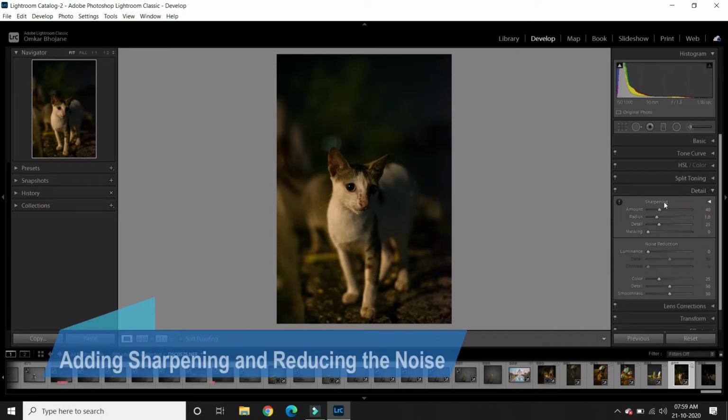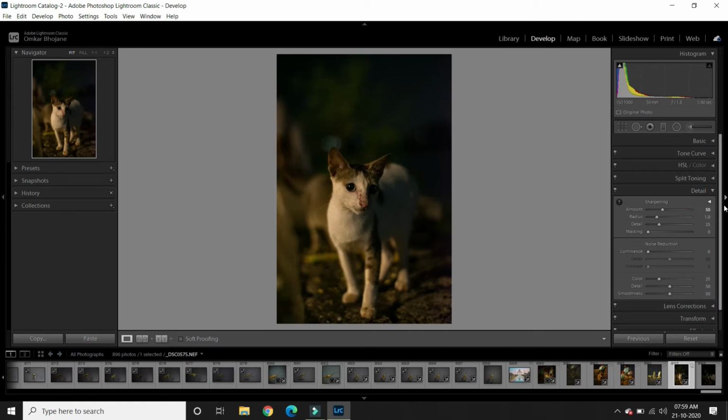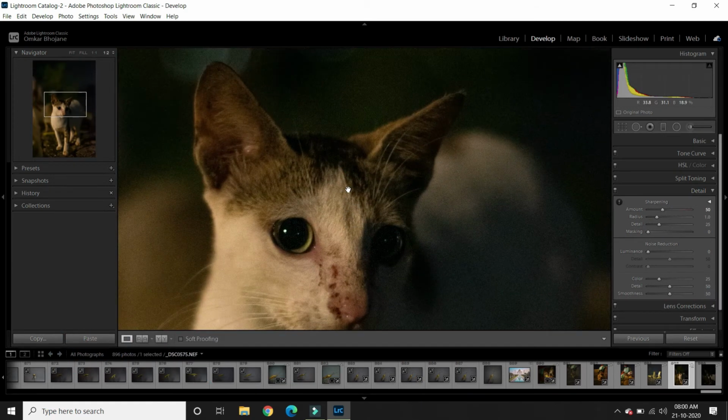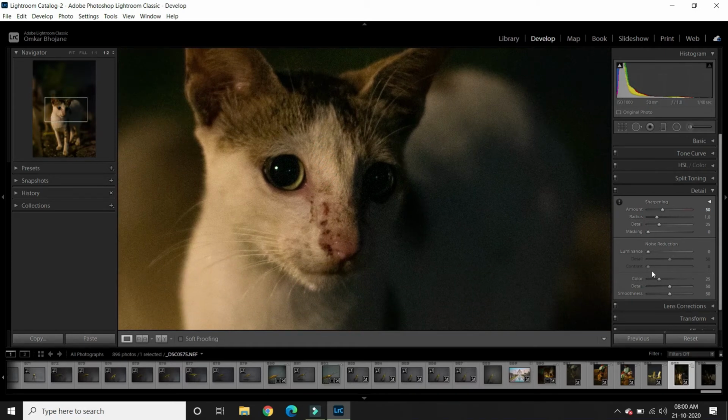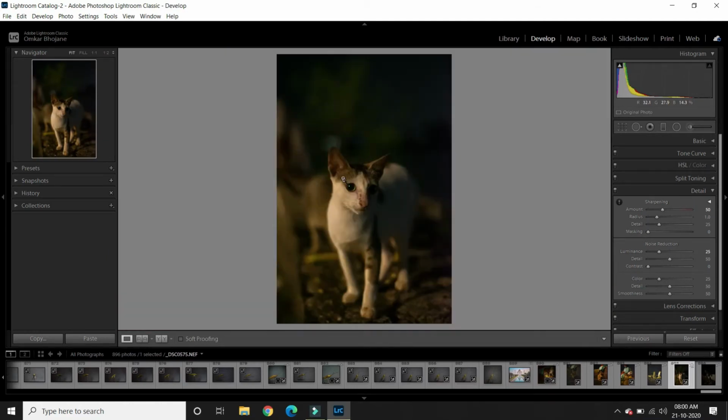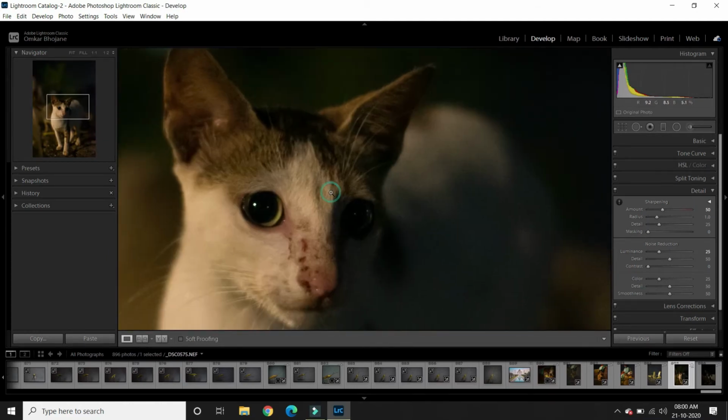I'll keep the sharpening at 50. Actually, this image is sharper than the previous image, but still adding a little bit sharpening to it. Here the noise is also lesser than the previous image. Still, I'll keep the luminance at 30.